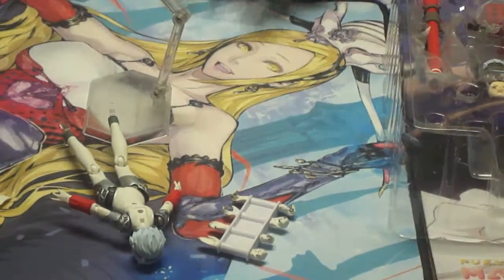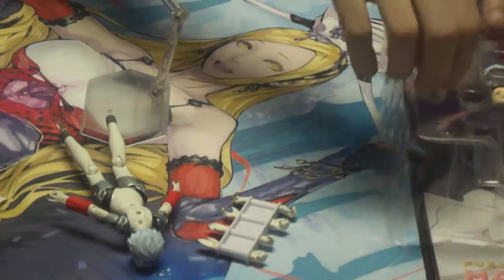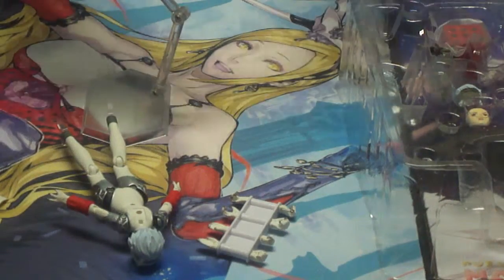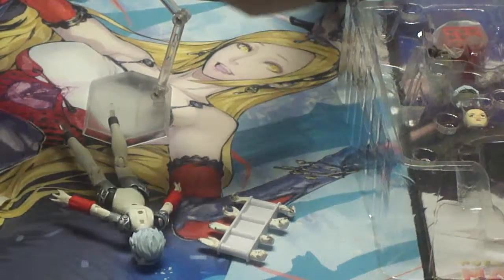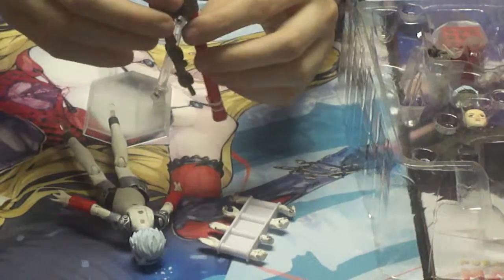Alright, let's get to some of the more interesting stuff than plastic pieces and bags. So here we have one of her weapons. That's kind of this giant howitzer cannon. It's sort of like an anti-air attack that she had in the game. Swivels, gotta watch out for these. There's two little wires here, kind of like Labra's had on her head. They're just little flimsy things, you gotta watch out for them. So we have a howitzer,